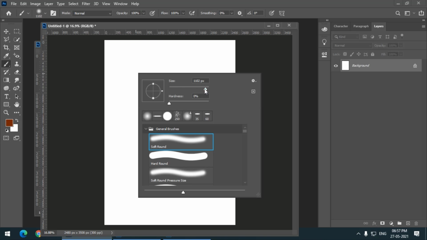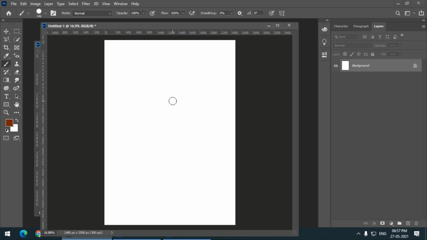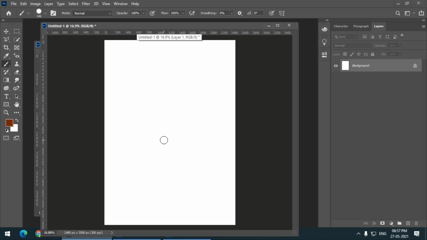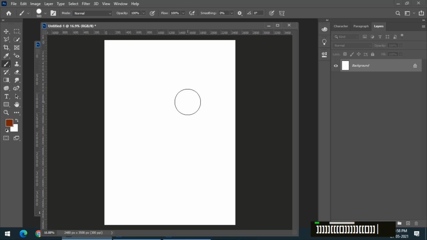So we can change the size of the brush and the hardness of the brush. First of all, let me keep the hardness to 100, which is the maximum value for hardness, and the size we can select however we want. We can select the size from here, or we can use the shortcut keys as we have discussed earlier. We can use the square brackets, opening and closing, to increase and decrease the size. So let's say I keep it to 400 for now.